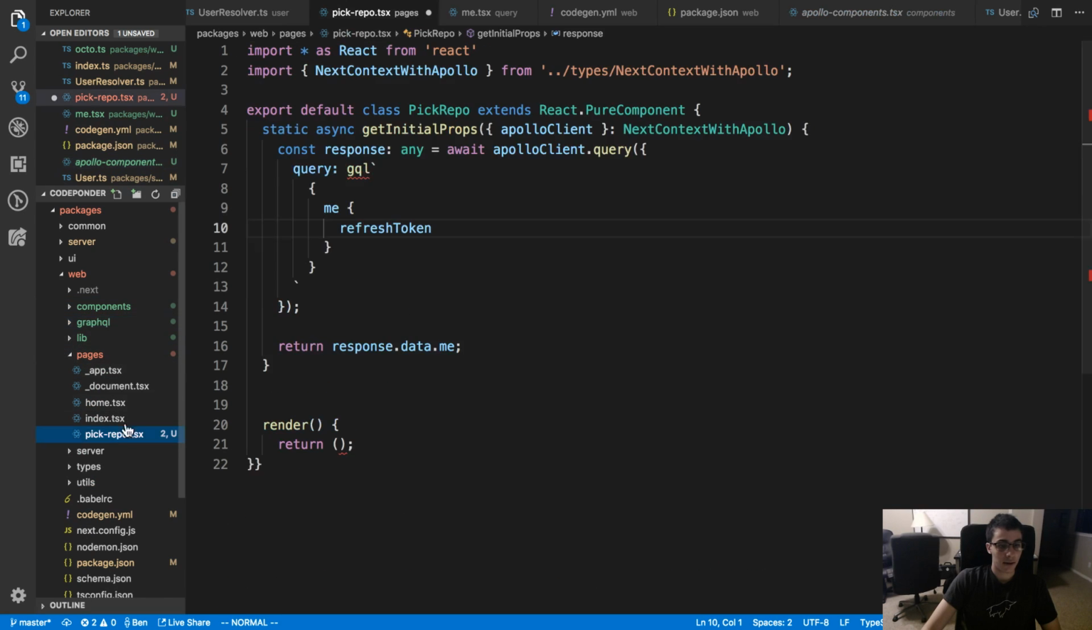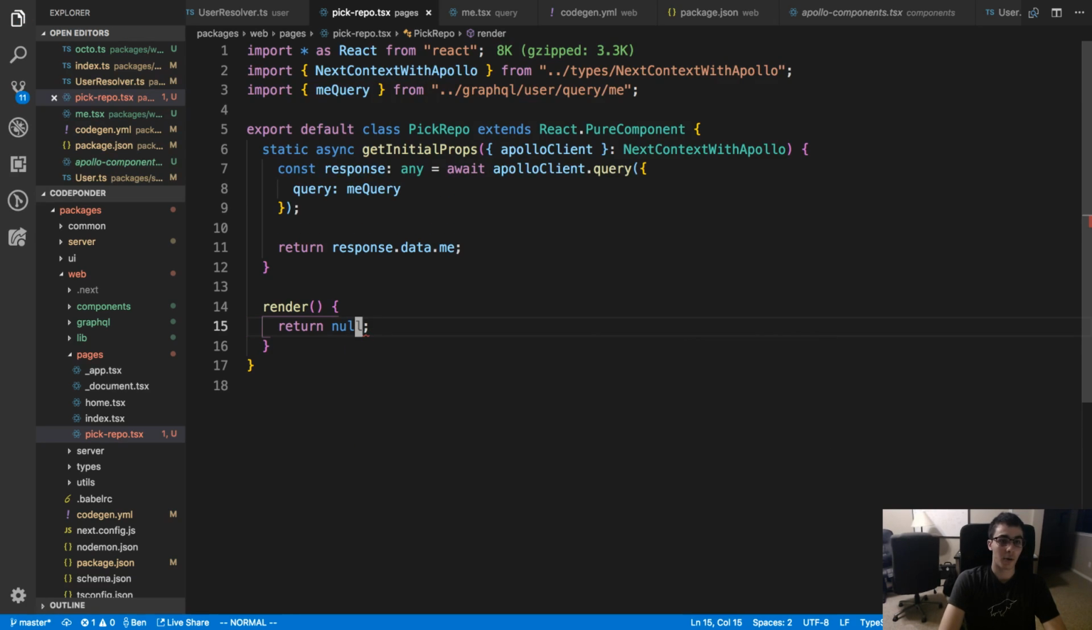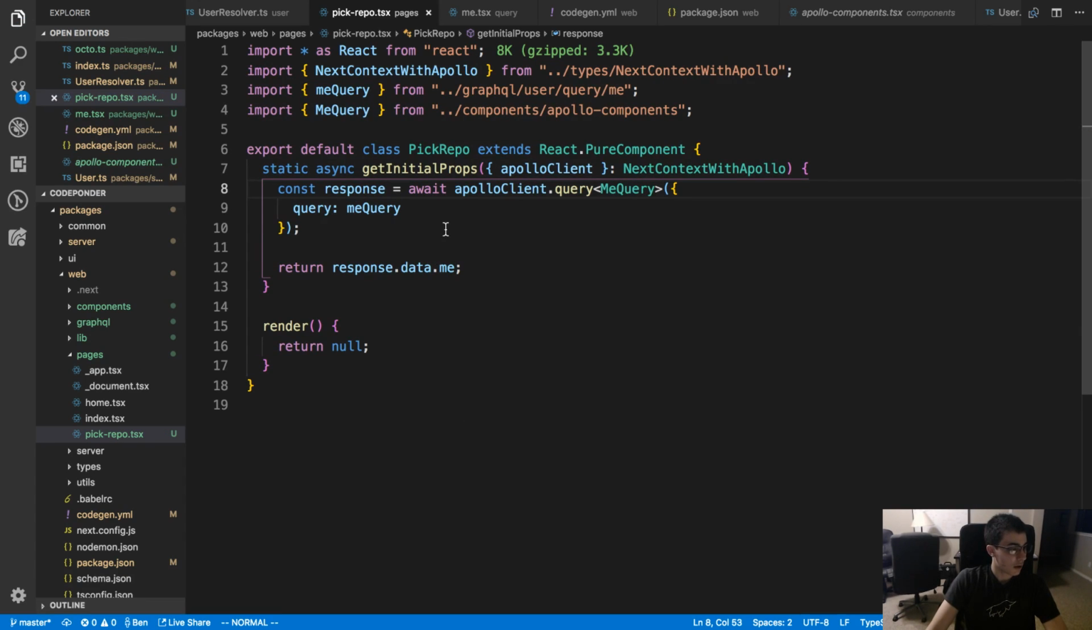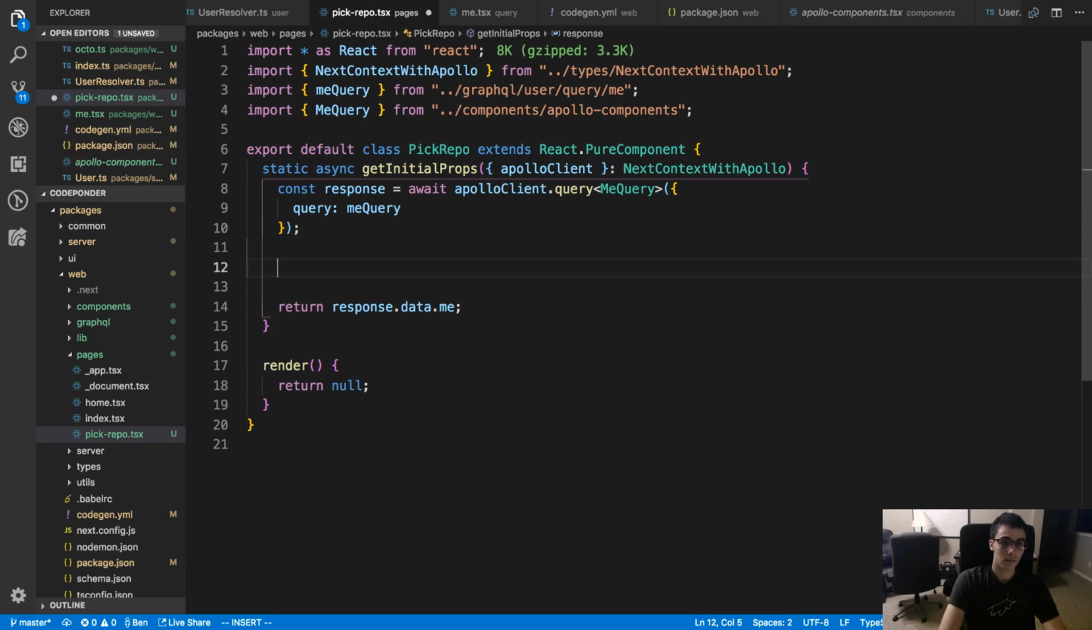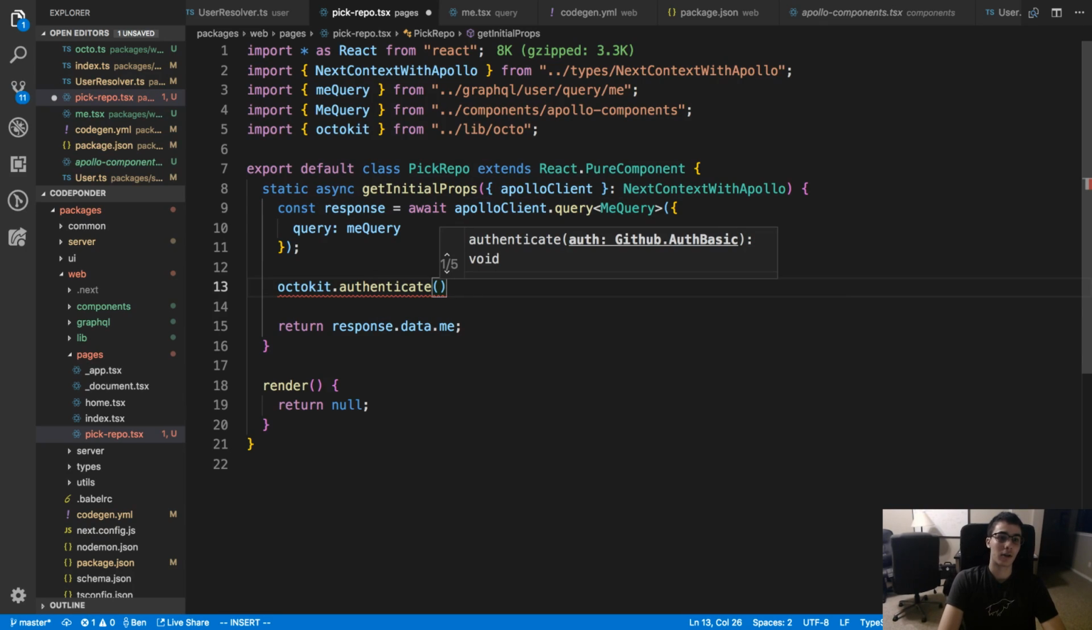And so why did I add that? Well, now in our pick repo over here, we can pass in the me query. And we need to return something here, so prettier will format for us. Is I can pass in right here. Perfect. So this is where we can authenticate. And if this does not work,